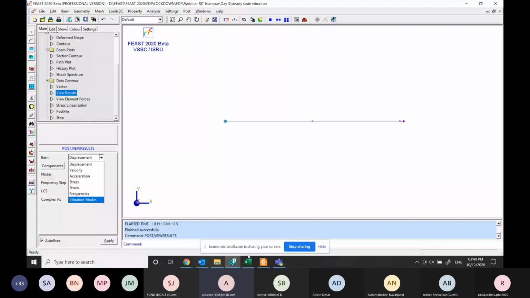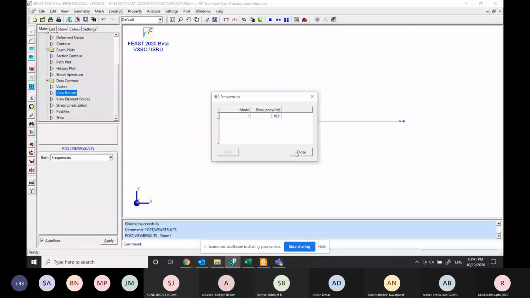You can go to post, view result, select the frequency from the item toolbox, and click on apply. So the first mode result we have got is 3.1831 Hertz.